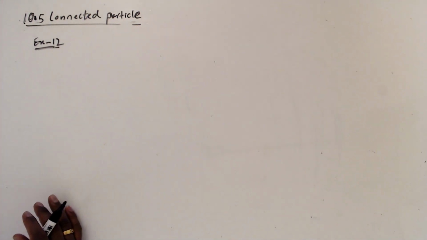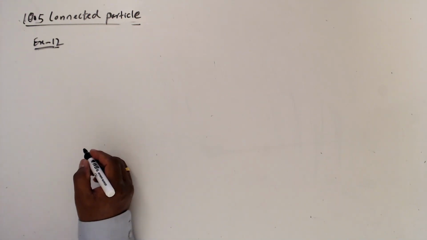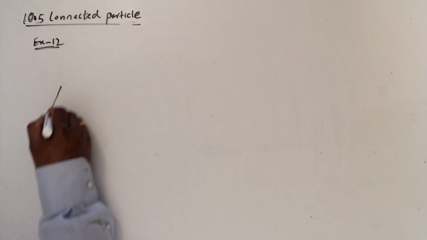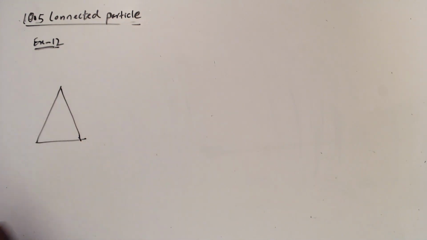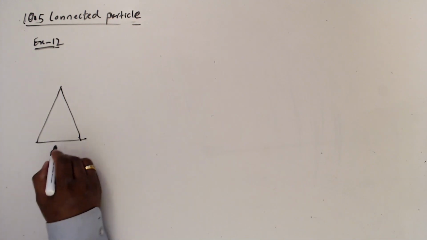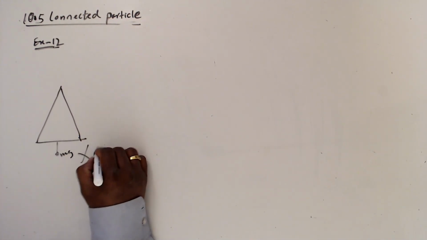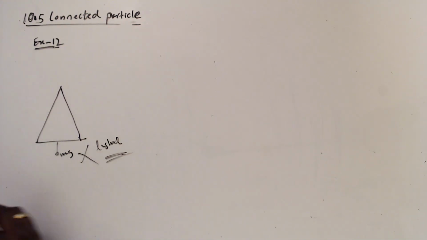Let's discuss example number 12. A light scale pan is attached to a vertical light extensible string. So this is a scale. It has mg? No, it does not have mg because they said that it is light. Then we have to delete this